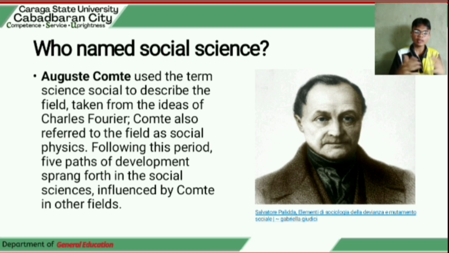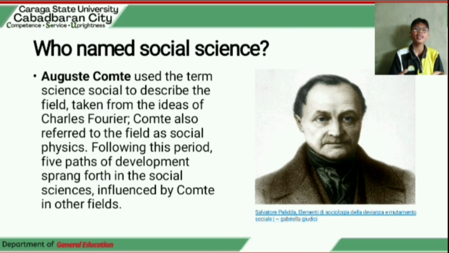Comte theorized a 3-stage development of society. Number 1 is the theoretical stage. Number 2 is the metaphysical stage, and lastly, the positive stage. And that is more a conflict on discovering more about